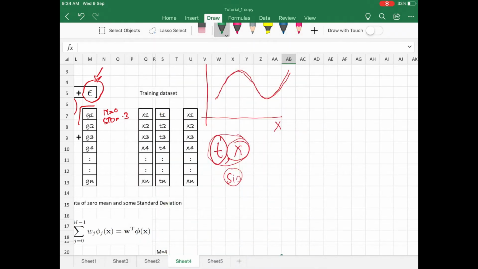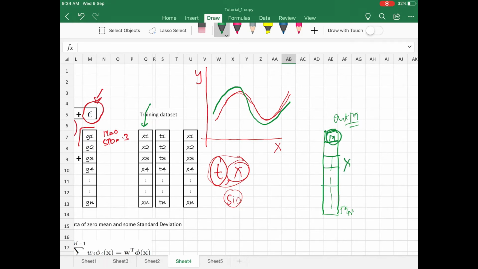So let's call the output of the model y(x, w). We will supply each element of the matrix of X to the model, and we will create another matrix, called for example the output of the linear regression model. So for each X we will have some m1, m2, up to mn. We will try to draw a graph between m and X, and at the same time Y and X. We already know the relationship between Y and X is a sine function. And for our understanding and to visualize how the model is performing, we will draw the output of the model with respect to X on the same graph.